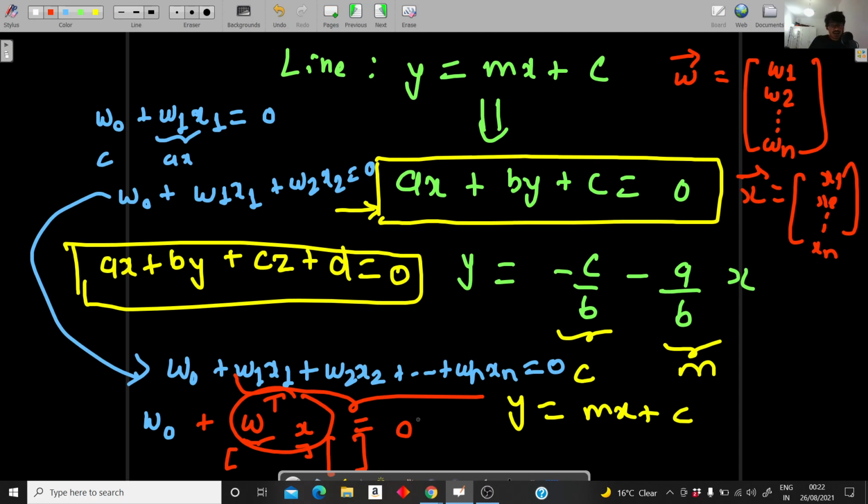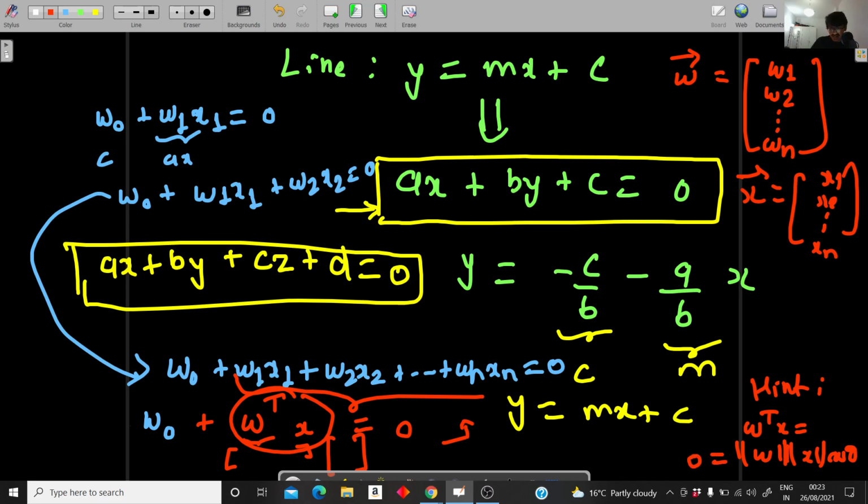Now I wrote that W is always perpendicular to the plane. How can I write this? This is the homework for you, to show why W is always perpendicular to it. I'll give the hint: use the dot product formula, and we know that the dot product is nothing but W norm, X norm and cos theta. Let me not give the hint because almost I gave you the answer. And we know that this is equal to 0.